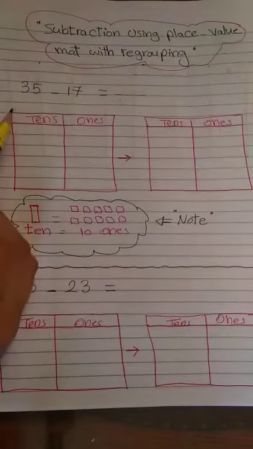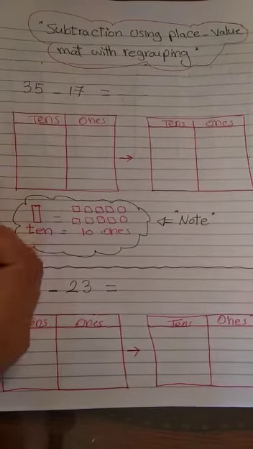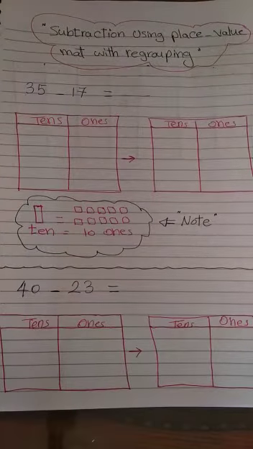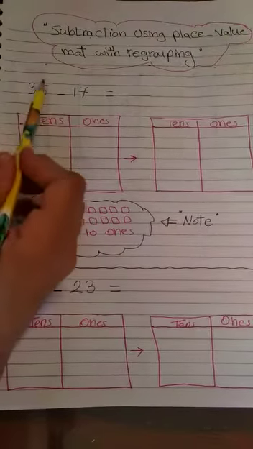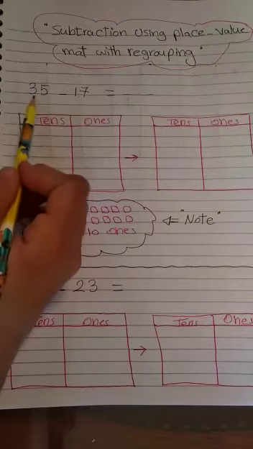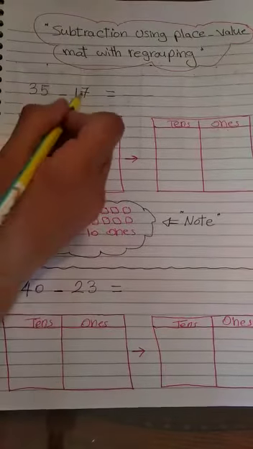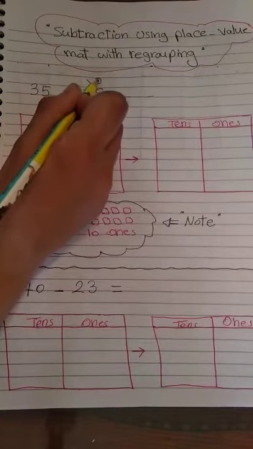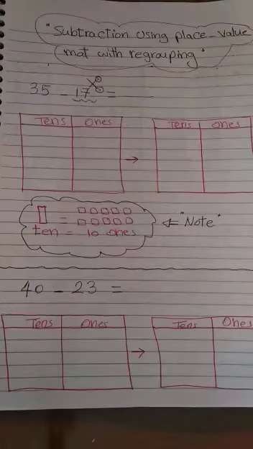Subtraction using place value math with regrouping. Here I have 35 minus 17. To subtract, you have to know that you have the mommy number, which is the big number, and it comes before the minus sign, and the baby number. This is the baby number, which has the scissors,